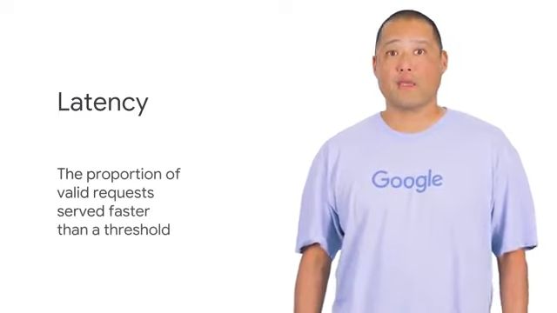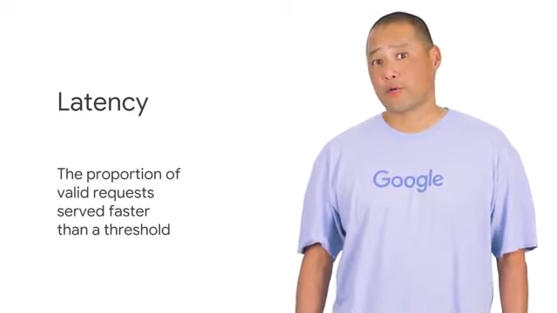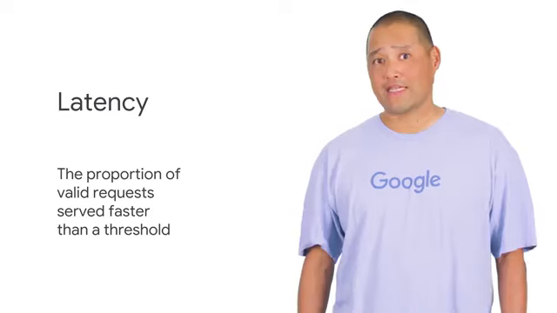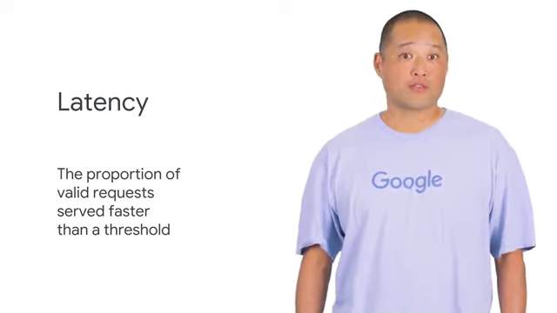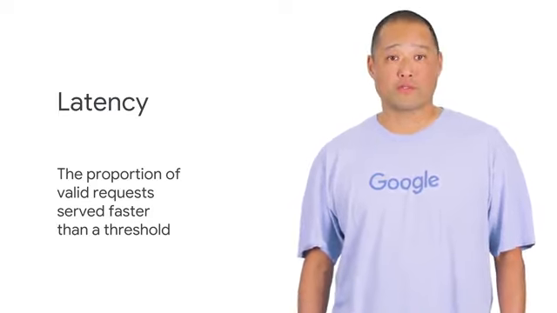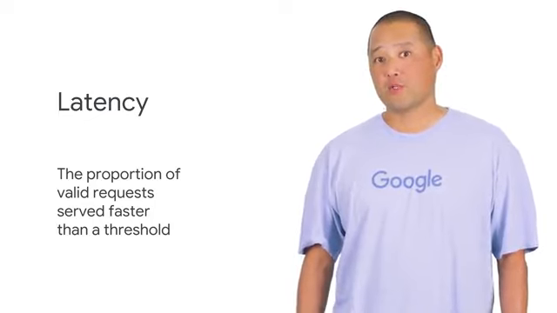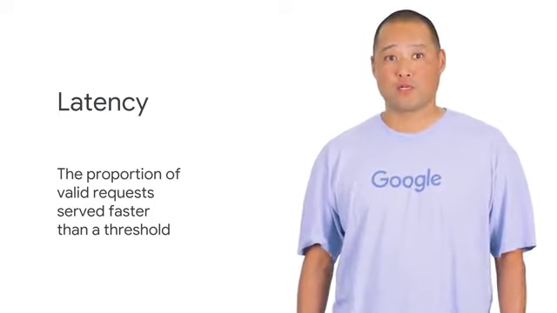The latency of a system serving interactive requests from users is an important reliability measure. A system is not perceived as interactive by its users if the requests are not responded to in a timely fashion. The suggested specification for a request response latency SLI is the proportion of valid requests served faster than a threshold. Turning the specification into an implementation requires making two choices.